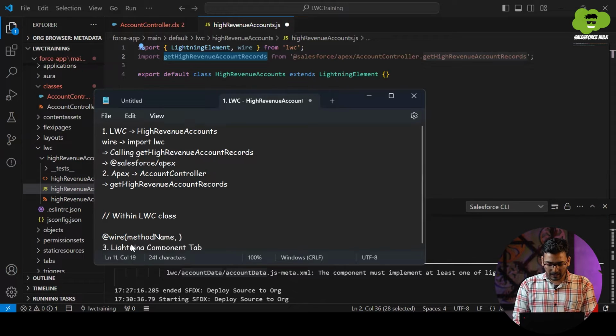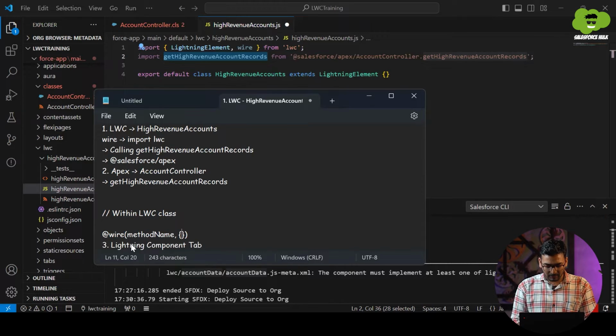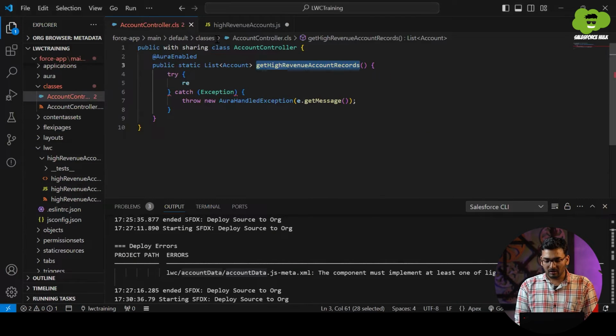Then we have to specify the parameters in the form of an object, or I can say JSON. There will be a key which will be the method parameter name, and there will be a value. In this case, if I check my Apex controller, this Apex class method getHighRevenueAccountRecords is not having any parameter.